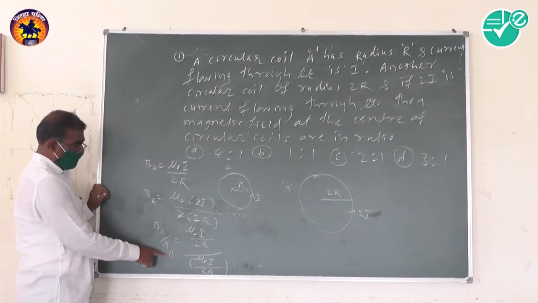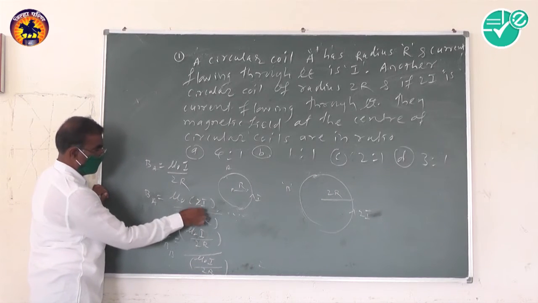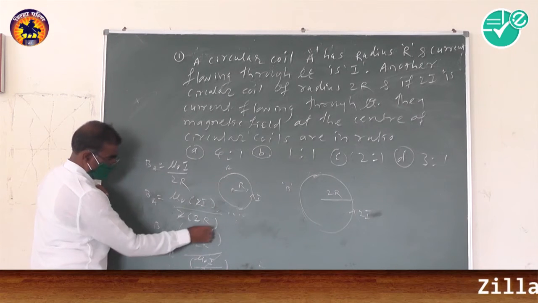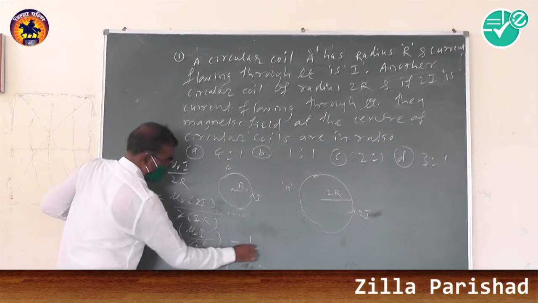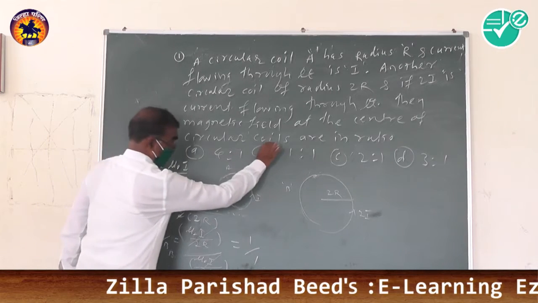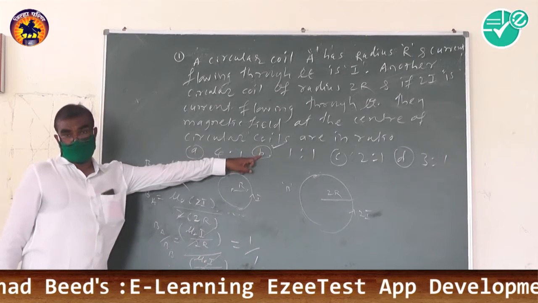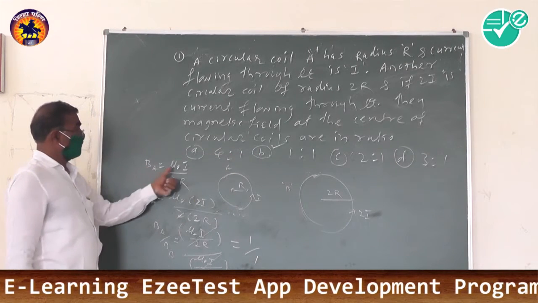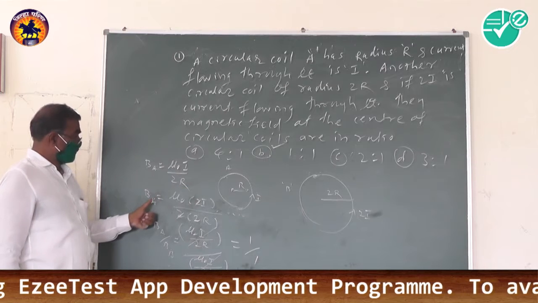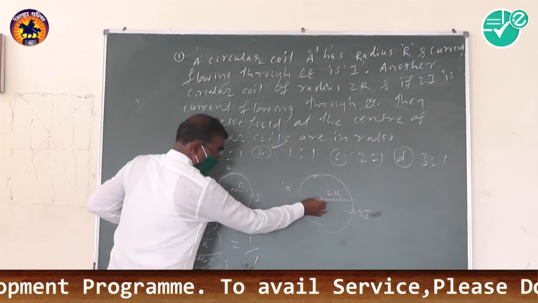That is BA by BB equal to mu 0 I upon 2R and mu 0 I upon 2R get cancelled. Therefore, the ratio is 1:1. The multiple choice B is correct, 1:1,